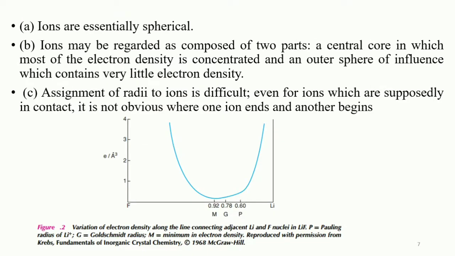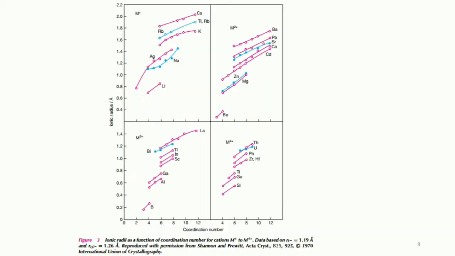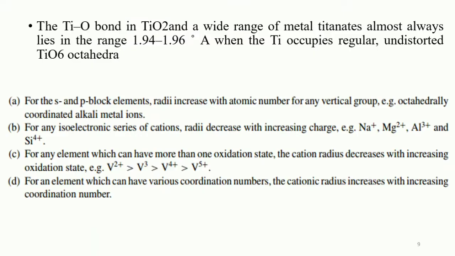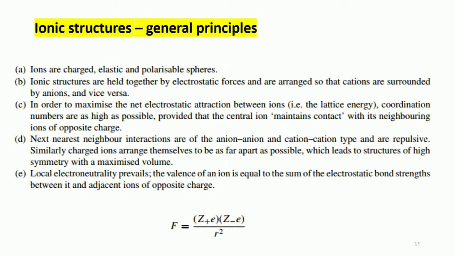And we have discussed some variation of electron density along the line connecting these compounds like lithium fluoride, and as a function of coordination number for cations M+1 to M+4. And moreover, we have discussed the ionic structures and general principles of ionic structures. So far we have discussed all the general principles in detail, and we were discussing the point E of those principles of ionic structures. About point E,